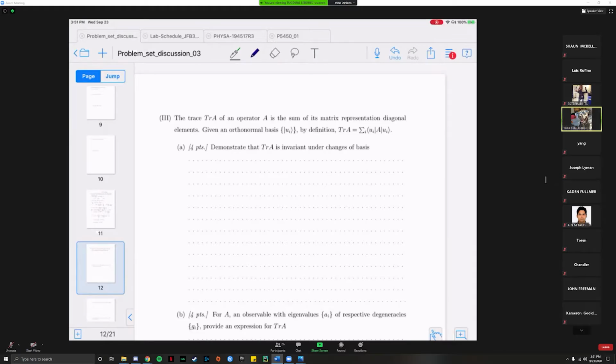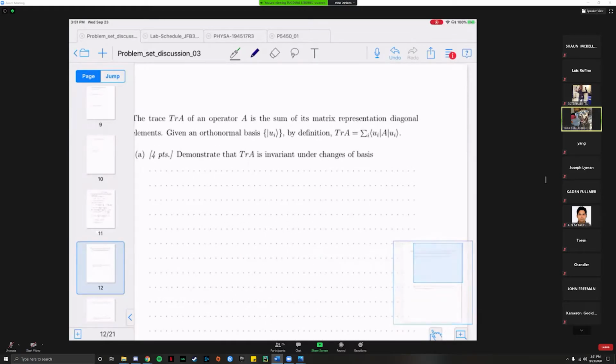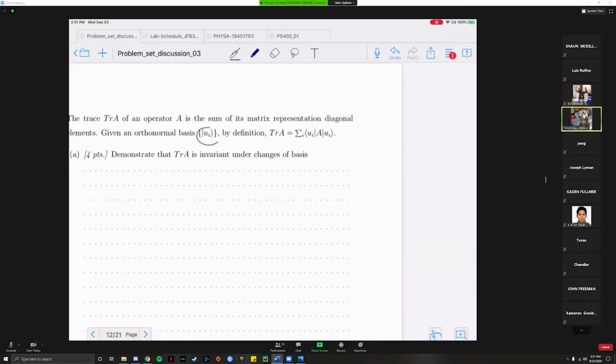And if you are working in a given basis U_i, then that amounts to summing up, so it's the sum over i of all the diagonal elements of the matrix that is representing the operator A in this